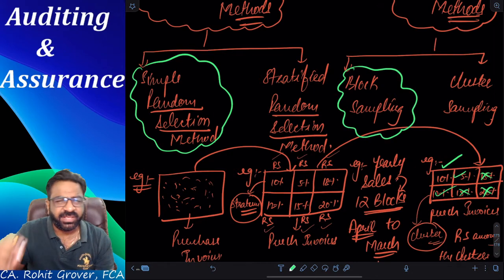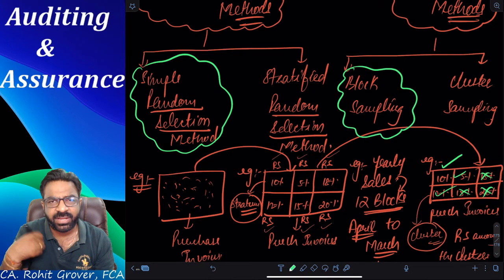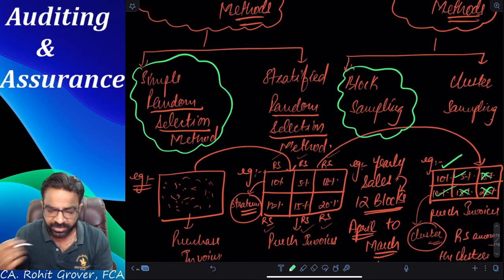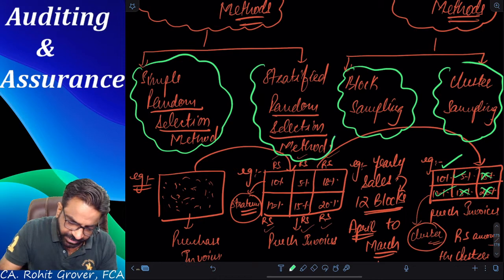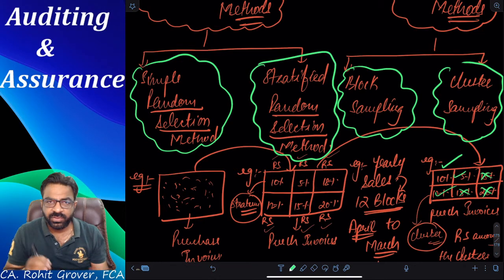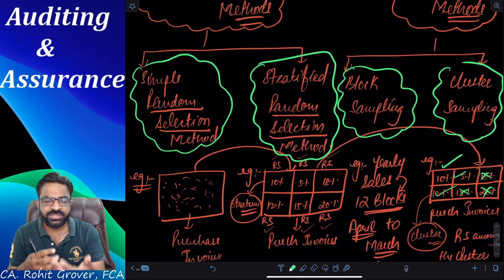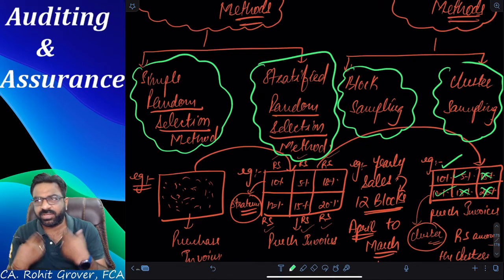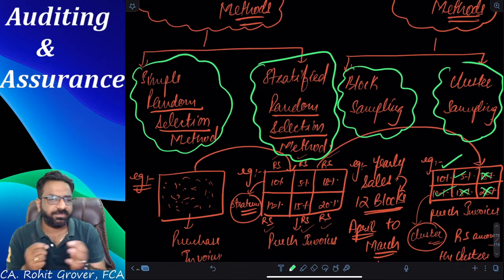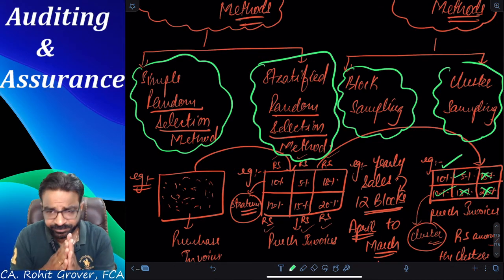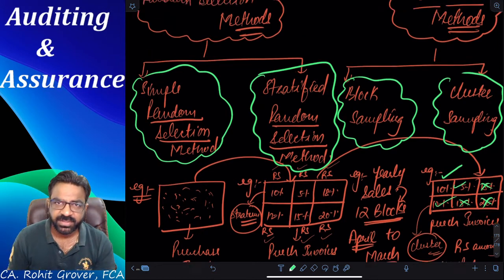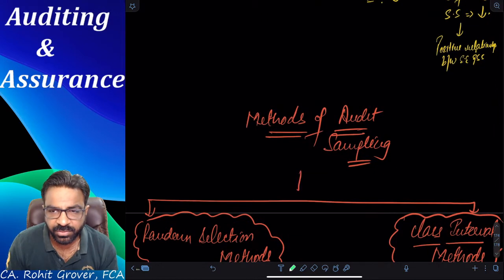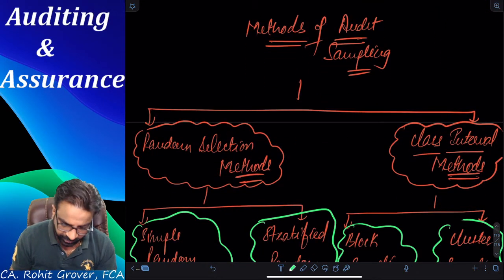This one is a very rare case where it will be used. I have not used it so far. This one also I didn't use. Definitely I will go for that method because first of all, we will be in a position to do the random selection from each and every stratum, and at the same time I can say to myself, okay, at least 1 or 2 invoices from each and every stratum I have verified. So yes, chances are there, but fewer chances of frauds and errors. So that brings an end to another topic called methods of audit sampling.